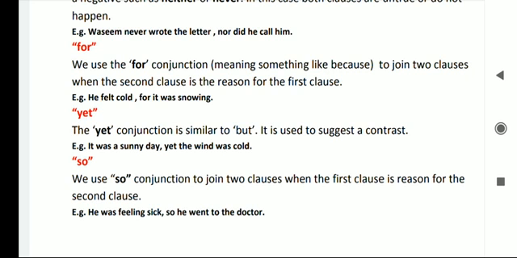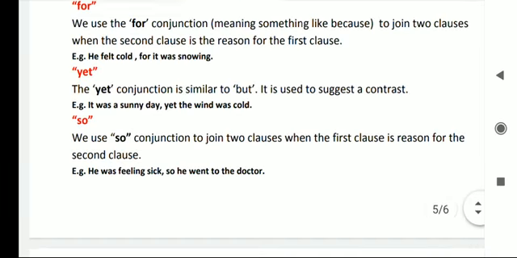So अब for कहाँ पे इस्तेमाल करते हैं? We use for conjunction meaning sometimes like because to join two clauses when the second clause is the reason for the first clause। वहाँ पे हम for इस्तेमाल करते हैं when second clause is reason for the first clause। For example, he felt cold for it was snowing। सो यहाँ पे सेकंड क्लास रीज़न है for the first clause।